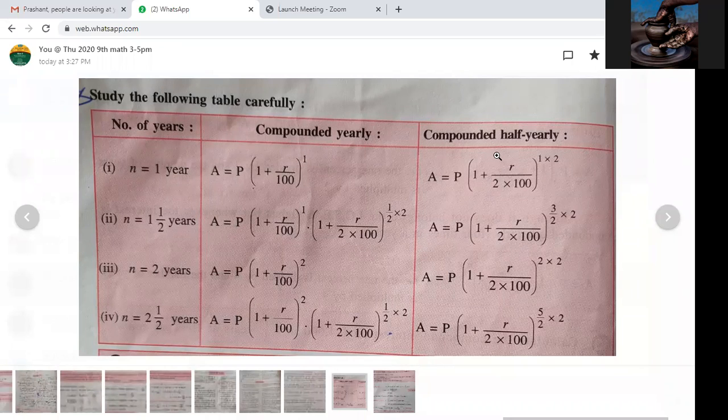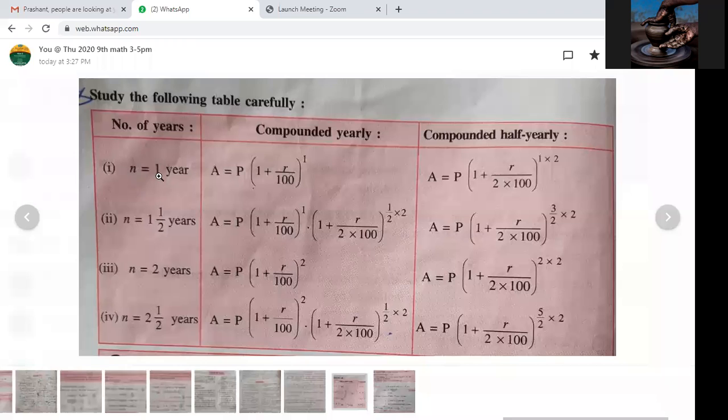Today I'm going to teach you how the compound interest and compounded half yearly formulas are used. Say I have taken the number of years as 1 year, 1.5 years, 2 years and 2.5 years. When the amount is to be calculated compounded yearly, how to use this 1 year formula, how to use this 1.5 year formula, and the same thing when the time is 1 year, how to use the compounded half yearly formula. This is the illustration about all these things. So just stay tuned and listen very carefully to how exactly these formulas are used.